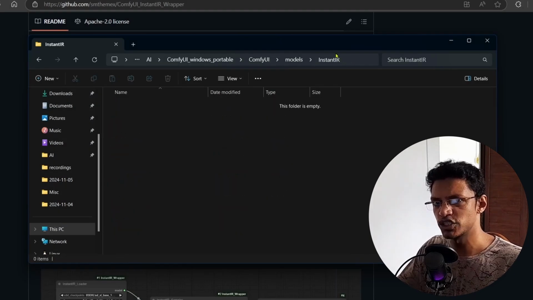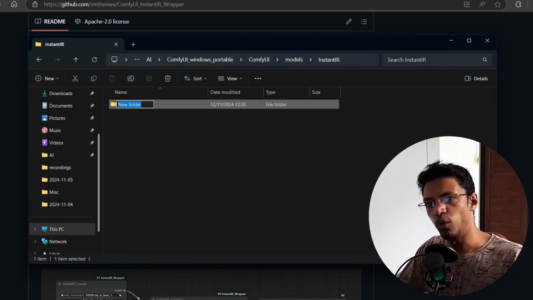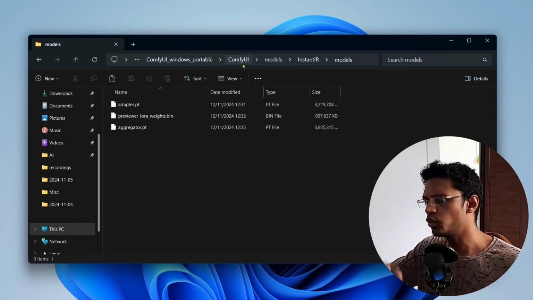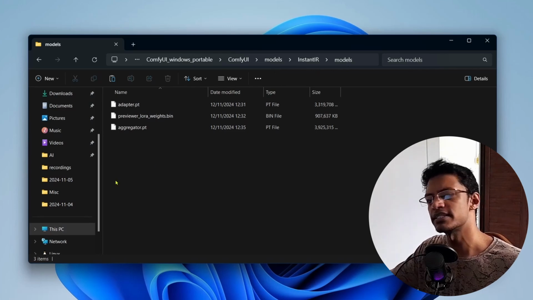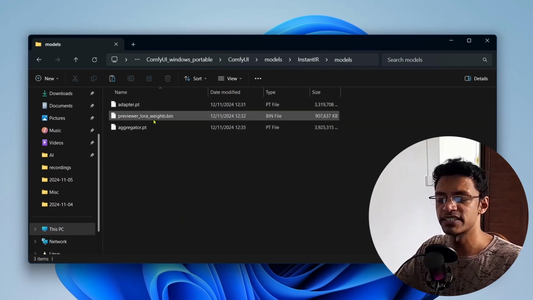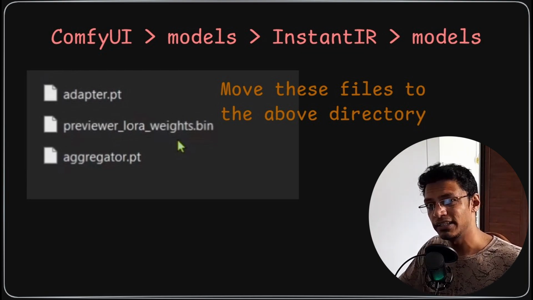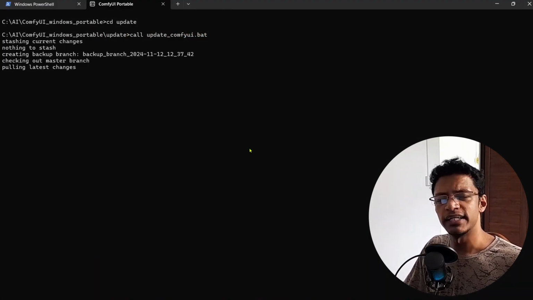Now go inside this new folder, create a new folder, call it models, all in lowercase. Now remember those three files that we downloaded previously? You will need to copy them, or you can cut them to save on space, and then paste them inside this models folder. Now once you confirm that you have all the files in the correct directory,